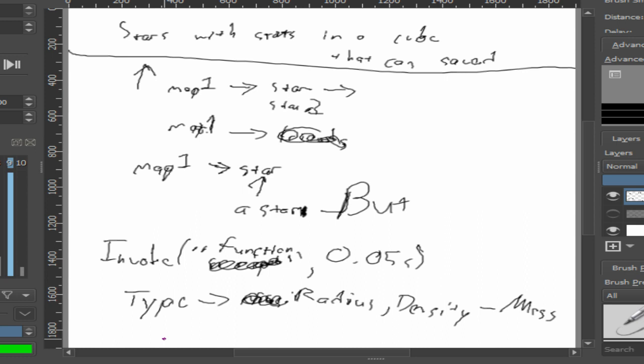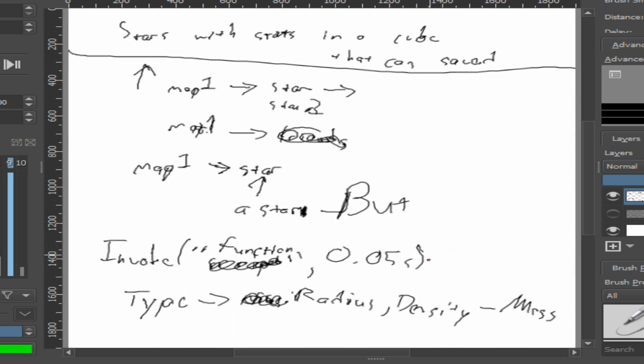And from the rest of those, we can get luminosity, temperature, what have you. But there's an order of execution. So what this does is it allows the star to run its own script, but